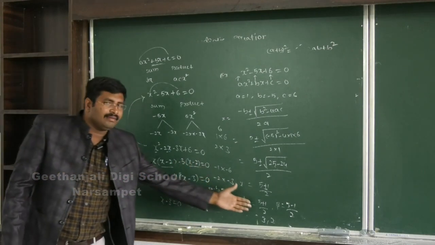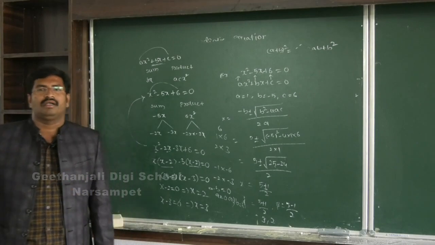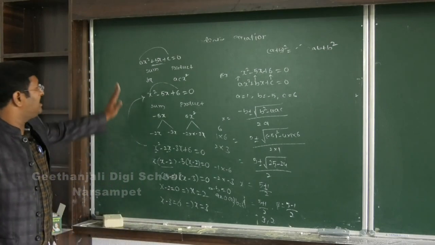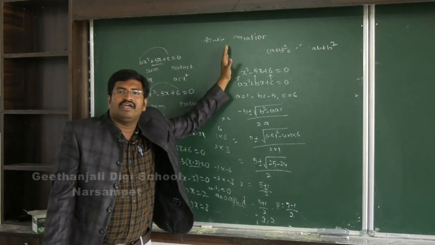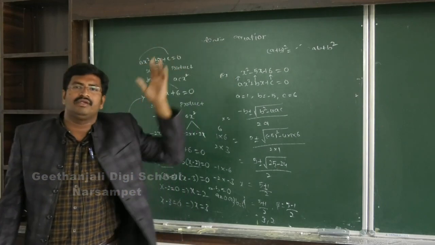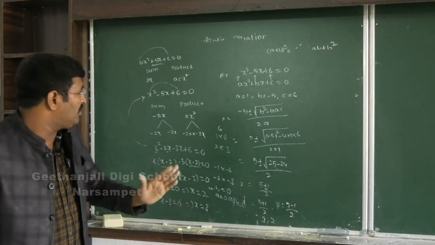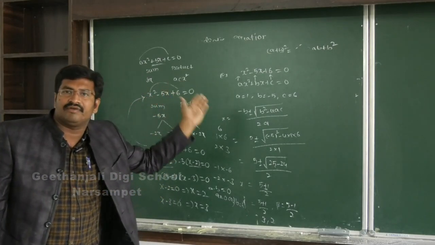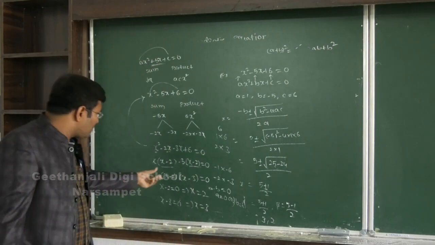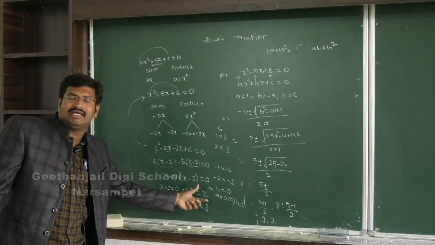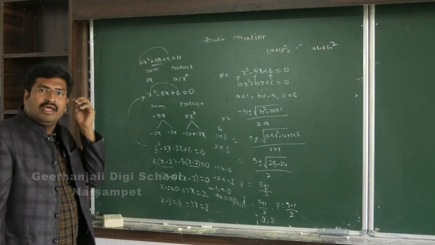You will see we got the same answer in both the methods. This is the factorization method. Previously we learned how to find the roots of the quadratic equation by using the quadratic formula. Now we learn how to find the roots of the quadratic equation by using the factorization method. Up to here we call these the factors. Up to here, these are the roots or solutions of the quadratic equation.